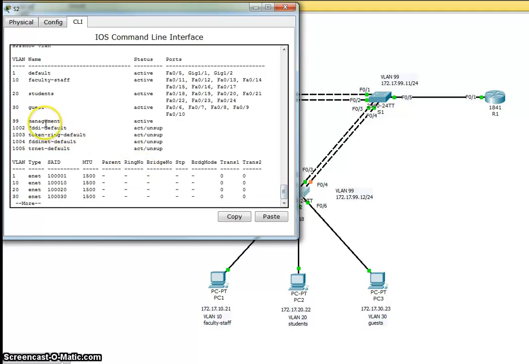First of all, by looking at the VLAN configuration on the switch, we see here where we have VLAN 10 for faculty and staff, corresponding to our faculty and staff VLAN as shown on the topology. VLAN 20 for the students, VLAN 30 for the guests, and if you look off to the side, we notice